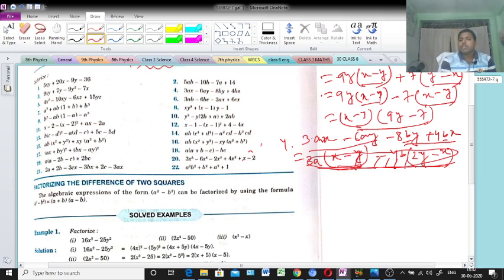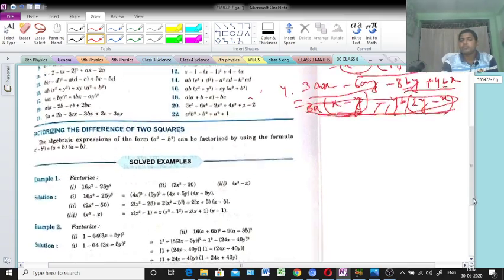So see, if we take first and third, what will come? Any common portion there? Here 3, 8 no common, a, b no common, x, y no common. But second and fourth, see, common is there, because 4 and 6 have a common portion. That means we won't take that one. So first and third also not possible. That means we will take which one? The last option, first and fourth.